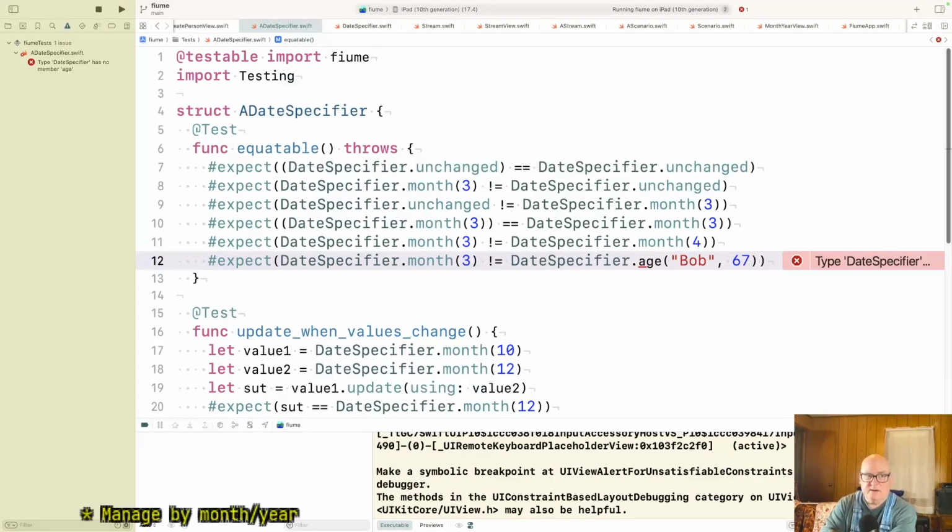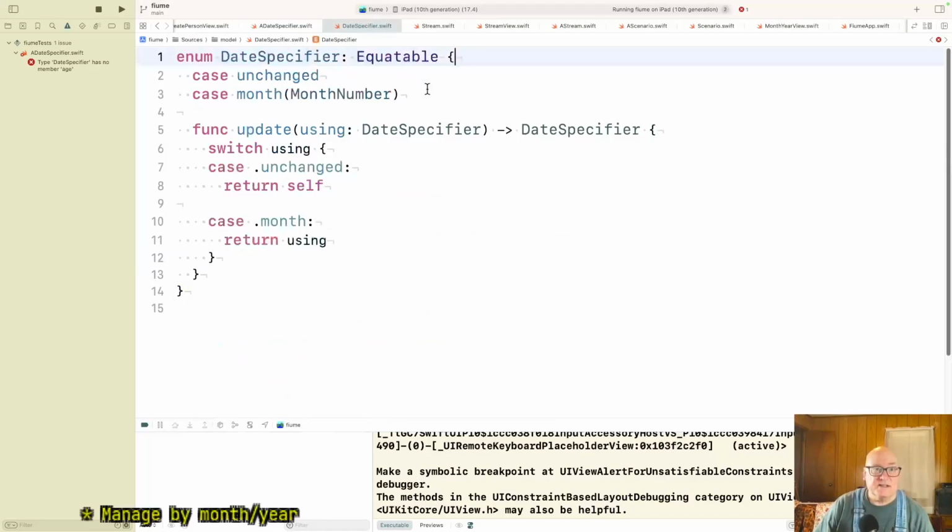Is that fair? Well, I think the date specifier is different. It may represent the same date. You know, if Bob was 66 and 9 months or 10 months or something, and then month 3 comes in. Okay, so let's add this and see the consequences.